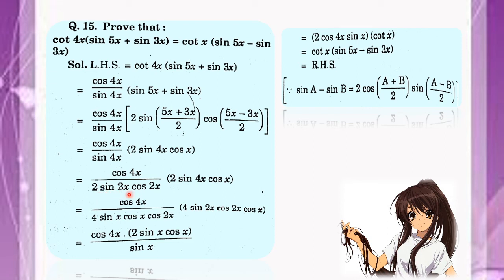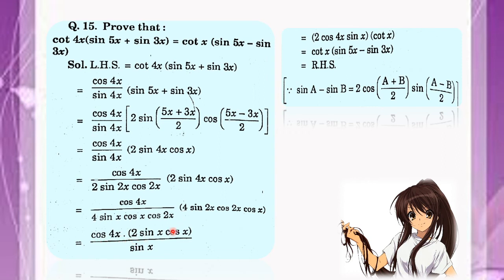In this term sin 2x, again we are applying that thing, 2 sin x cos x, right? And that 2 into 2 will become 4, and this cos 2x as it is. And here cos x as it is and sin 4x we applied the same identity, 2 sin x cos x, right? 2 into 2 will become 4 and sin 2x cos x. Now cos 4x is common here. What all things can get cancelled? Cos 2x and cos 2x, cos x and cos x, and the rest sin x will come as it is, 4 and 4 will also get cancelled, right?